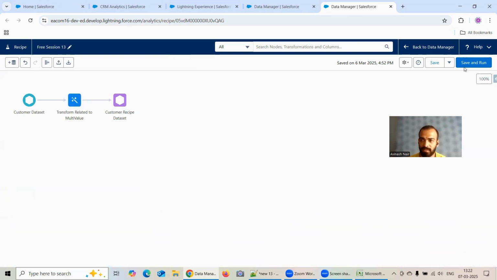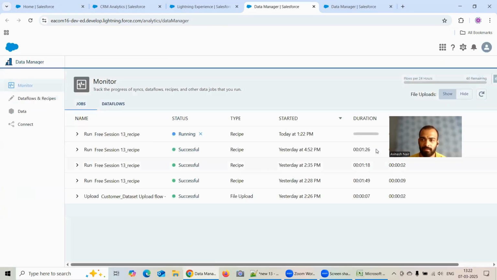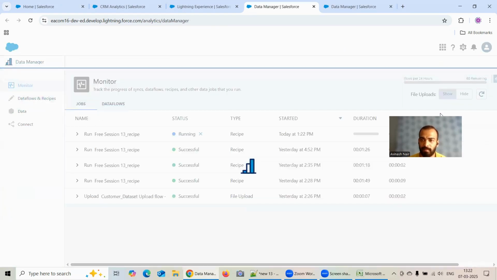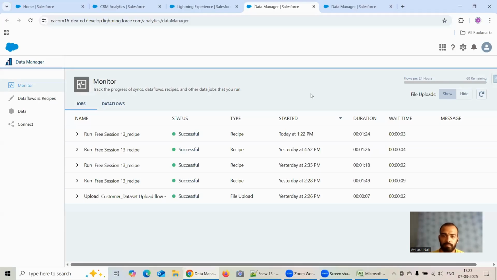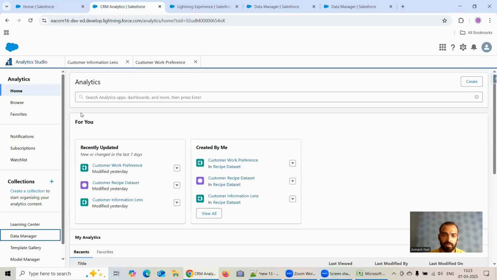Now, this part is done. Let me click on save and run, and of course, let's monitor it over here. Yes, as you can see, the recipe ran successfully. And now, if I open this particular data set,